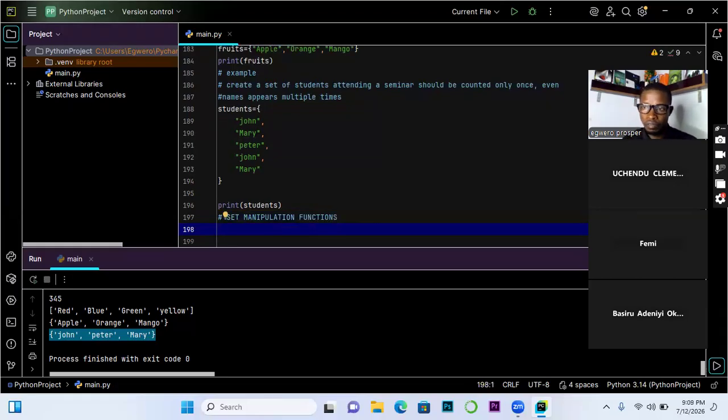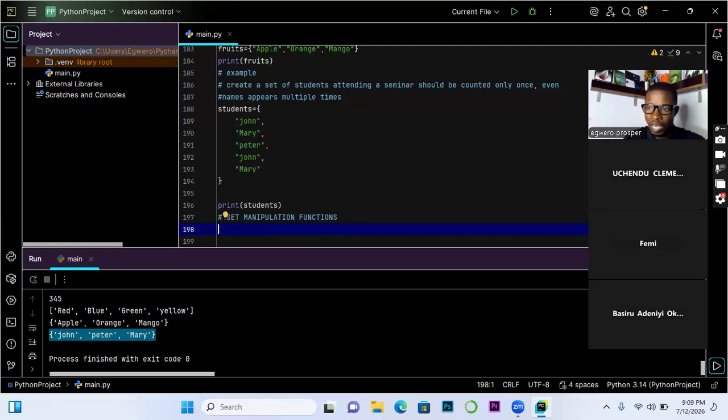Now, if you look at the definition of sets, there was no place where we say that set is immutable, which means that it is mutable. You can see that of all the four data structures, the only one that is immutable is tuple. Here we can add. So we have some functions we can use to manipulate an existing set.